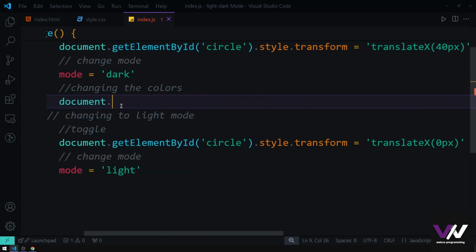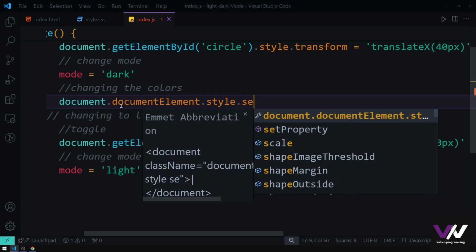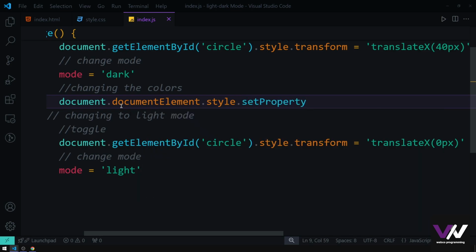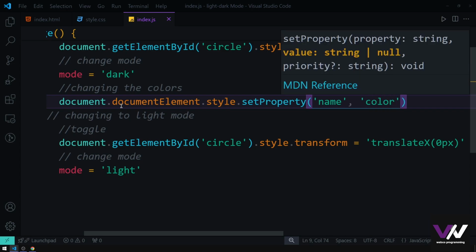So we're going to have this document right here. Then inside of that, we're going to have this document element, and inside of that, here we got this style, and inside of this one, again, we got the set property method, which we need to pass two strings into. First one is the name of the variable that we have in our CSS, and next one is the color that we have. In our example, you know that we have this primary right here, and the color that we want to use for dark mode is going to be this